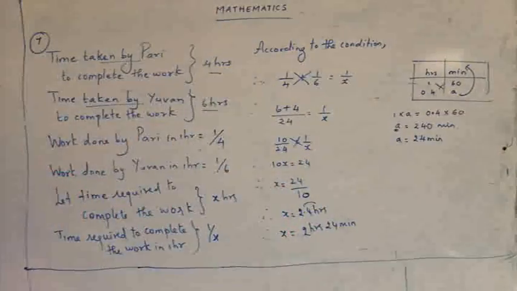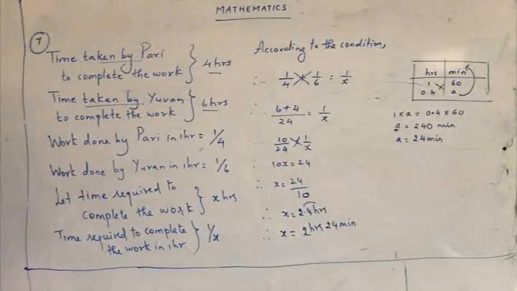Okay. So now let's complete our final statement. So what was the thing? Actually the work was done by two people. The time taken by Pari was 4 hours to complete the work, and time taken by Yuvan to complete the work was 6 hours. And the question was, what happens if they come together and do the work? So now, what's the time taken by both of them to complete the work? It's 2 hours 24 minutes. So we have progress. If you do the work together, everything will be done in a good manner, and we have time also saved. The sum talks about unity.